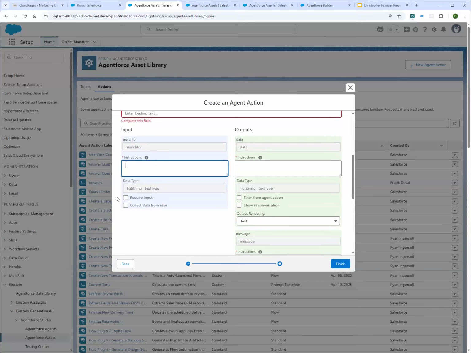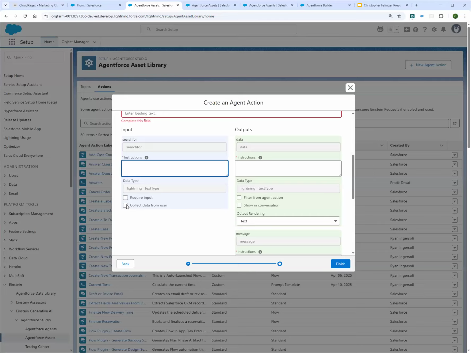And then we're given the options of requiring that input. Should it need to collect all of those? Should it have a value for this or not? Is it required? And should it collect this piece of information directly from the user, so it asks the user for that piece of information, or should it just get it from the context and create it itself? For each of the outputs, we have the same thing. We just have to make sure that we give an instruction for each of those things.